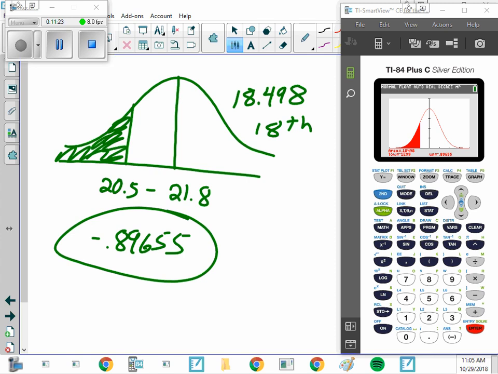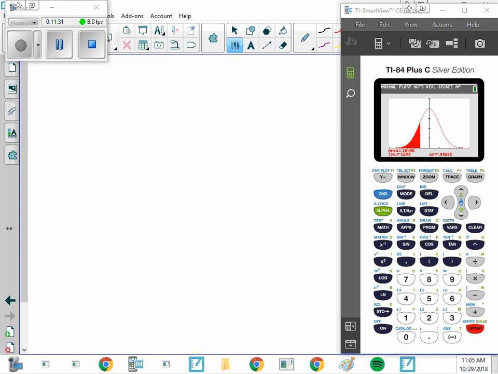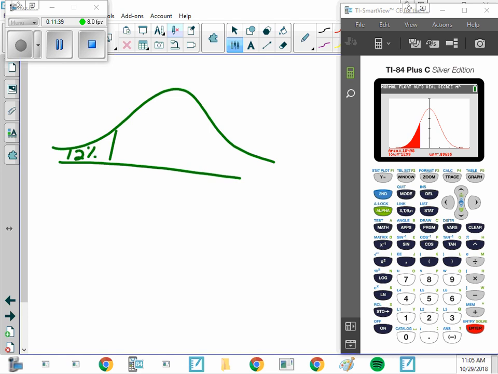Okay. Number 4. What would the arm measurement be for a male that is in the 12th percentile? So for number 4, over here I have 12%. So on the right, I would have 12%, which means in the middle, 12 and 12 is 24. The middle would be 76. Okay, I go to 0.76, which is